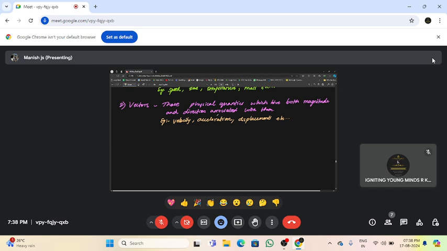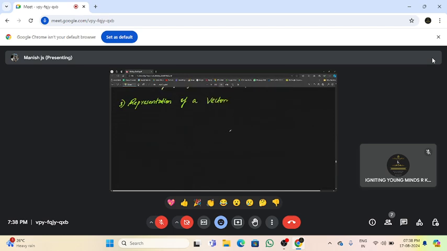Having understood the differences between scalars and vectors, now we move on to the representation of vectors. We get into the topic of vectors. We try to understand how to even represent a vector. What are the different ways of representing them? We'll see that. Third, you have representation of a vector. We are going to see how to represent any particular vector. How do we do that?